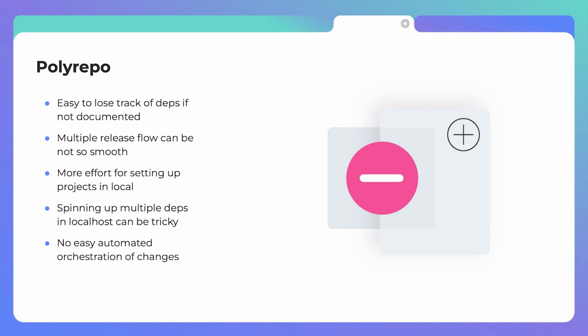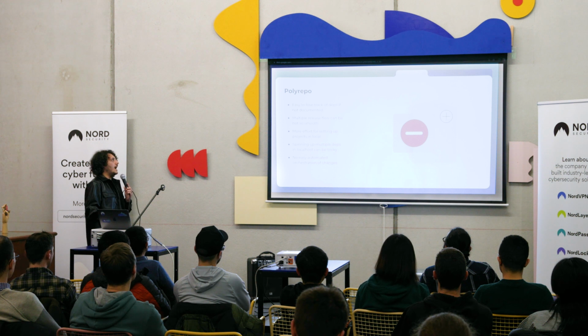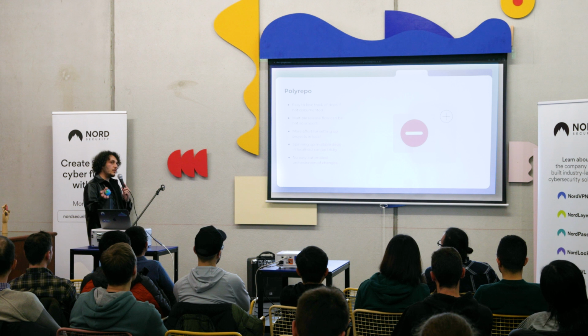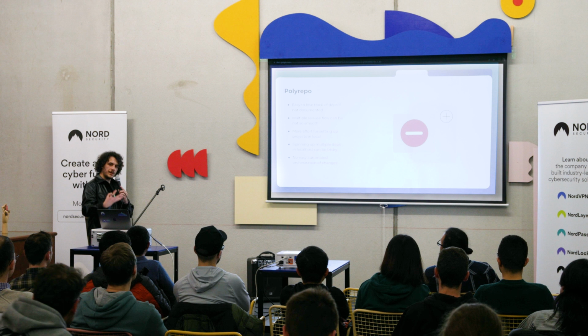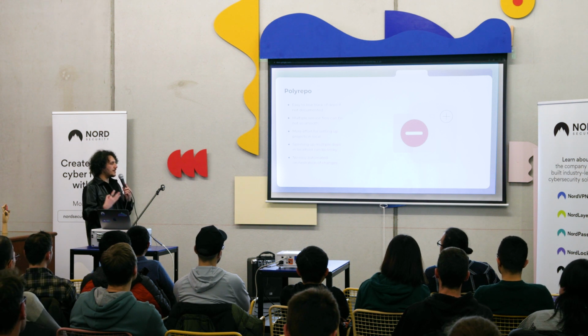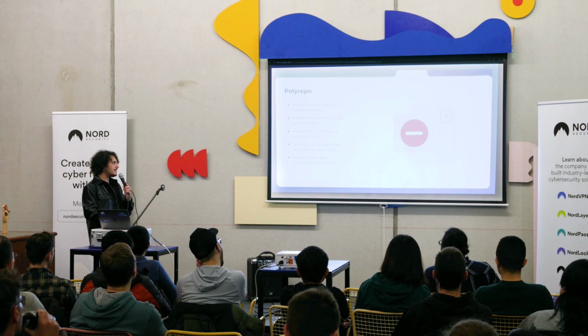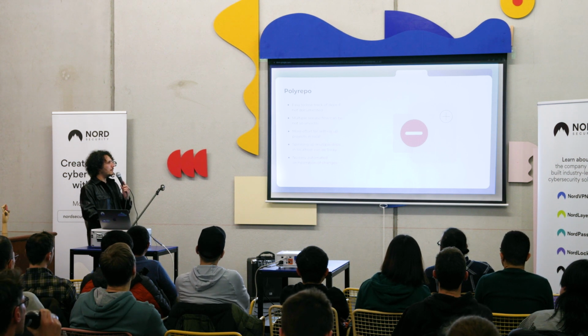On the other side, with Polyrepo, it can be complicated to keep track of dependencies if they're not documented. There are also multiple release flows at the same time. Let's say I change a button in the design system library repo, and I need to adapt a prop in a React application. These things need to happen at the same time, but I need to orchestrate them manually because they are completely separated. You can still automate in a sort of way, but